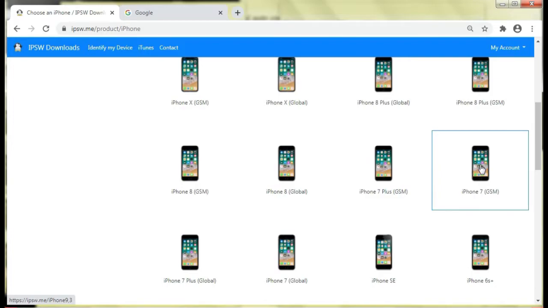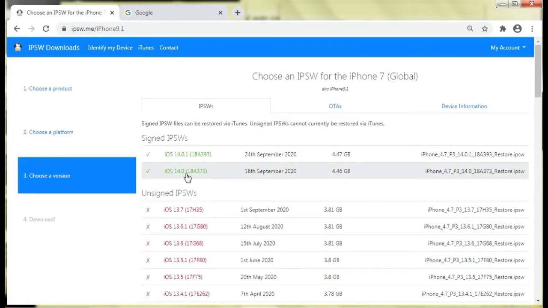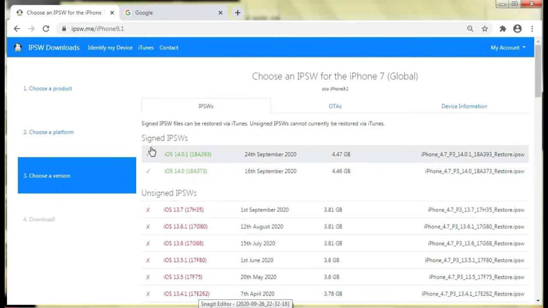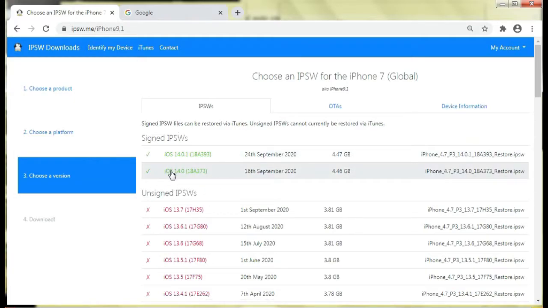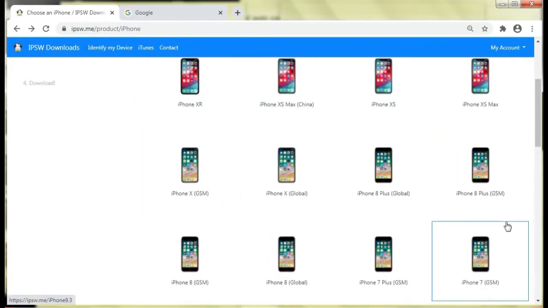First of all, go to the ipsw.me website and select the device for which you want to save SHSH blobs. Also keep in mind you can only save SHSH blobs for the iOS versions that are currently signed by Apple. All the red versions are unsigned and only green are signed, which means you can currently save SHSH2 blobs for iOS 14 and iOS 14.0.1. And this method to save SHSH blobs works for pre-A12 devices. Those devices are iPhone X and lower.